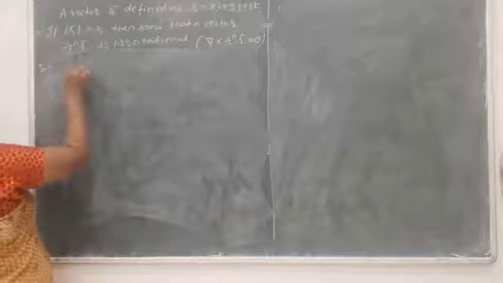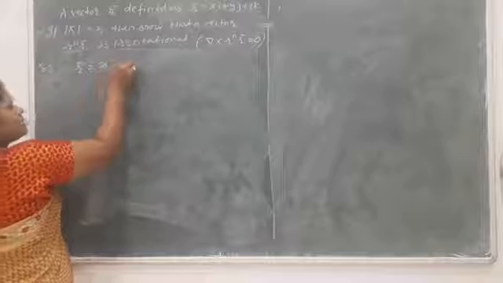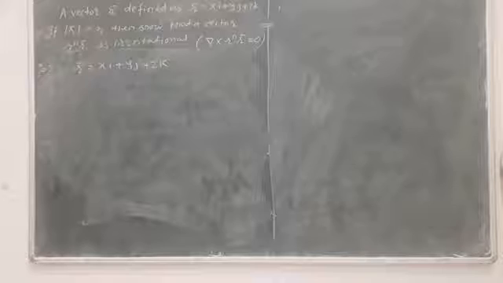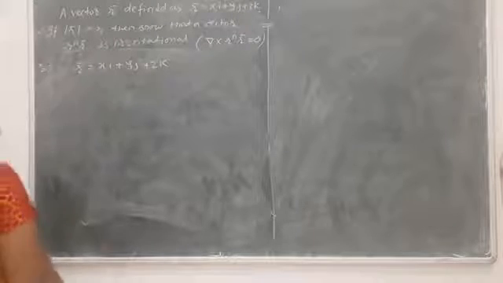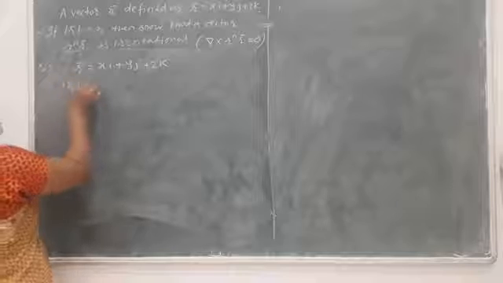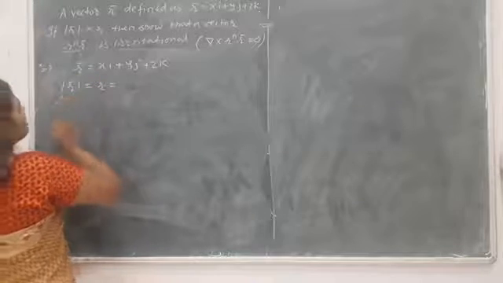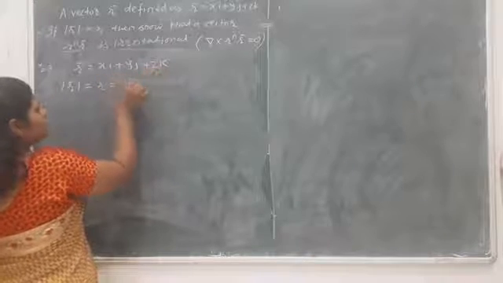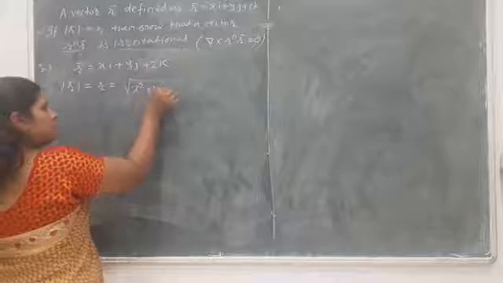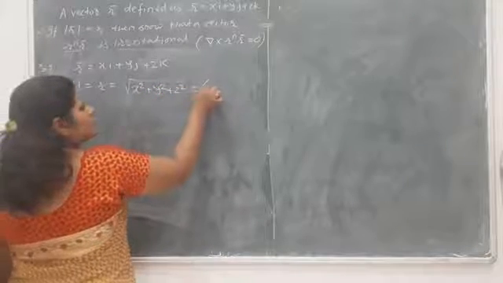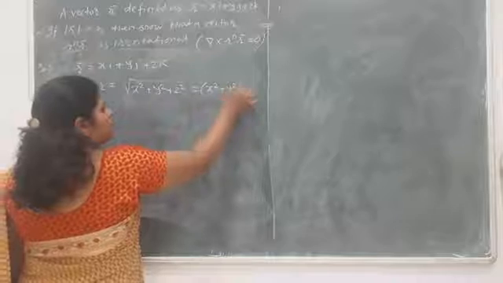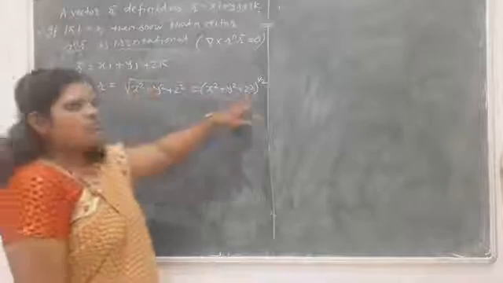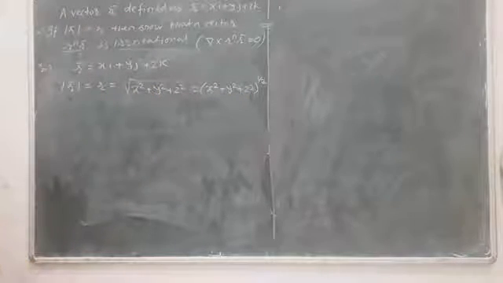So first we write r bar. R bar is equal to xi plus yj plus zk. Then we have to take the mod of r bar. How can we write the mod of r bar? That should be equal to r. It should be in the form of under root of the squares of all the terms, that is x square plus y square plus z square. So it can be written as x square plus y square plus z square raised to the power 1 by 2. So the mod of r bar is equal to x square plus y square plus z square raised to 1 by 2.